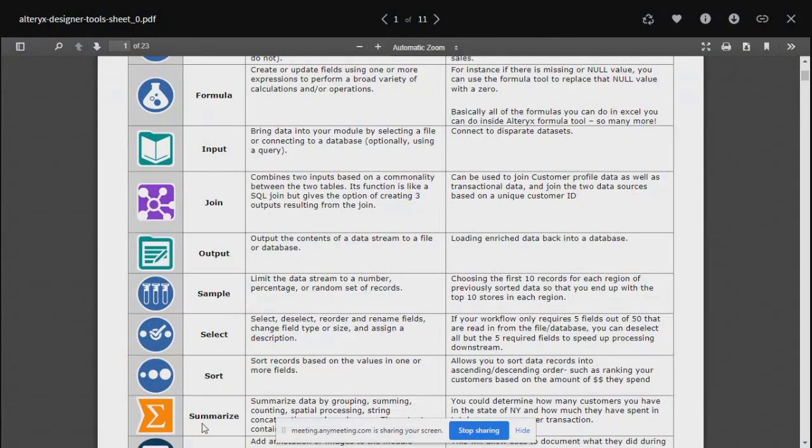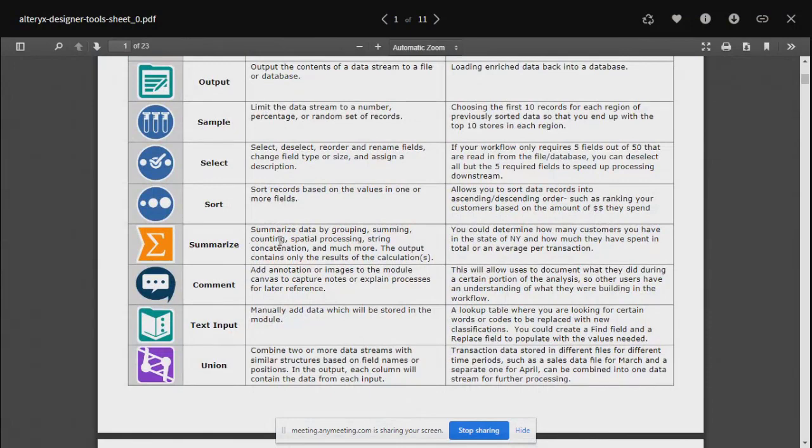The next tool is Summarize. It says summarize by grouping, summing, counting, spatial processing, string concatenation, and much more. The output contains only the results of the calculation.